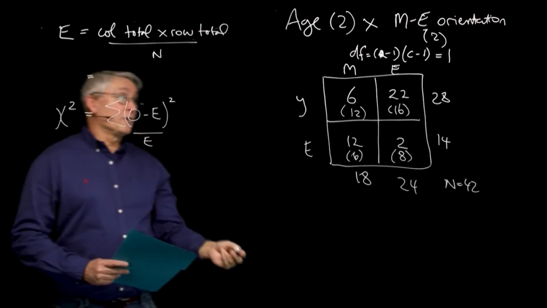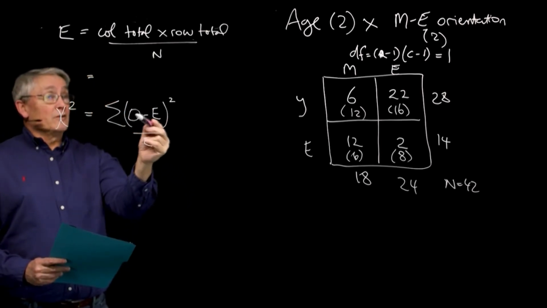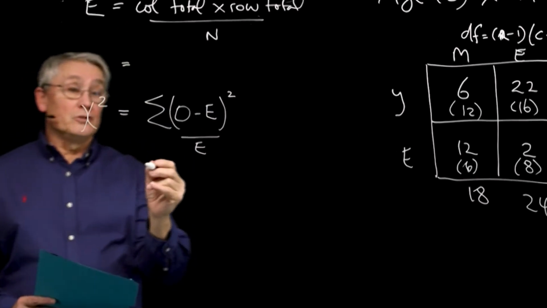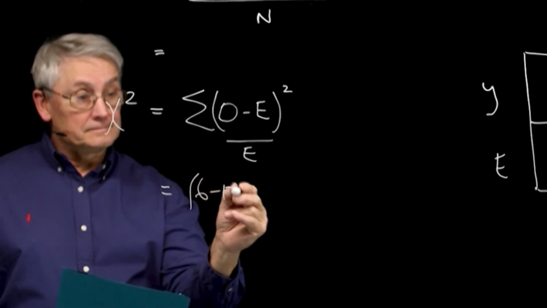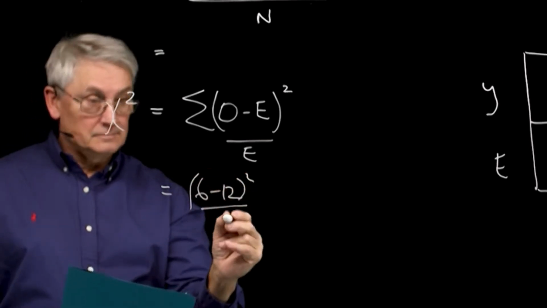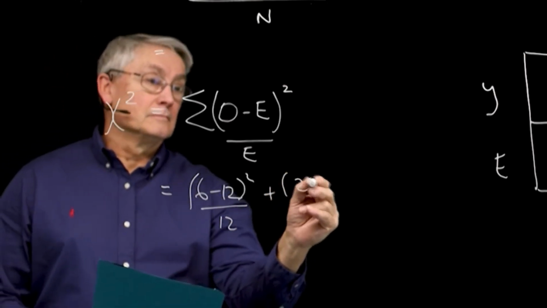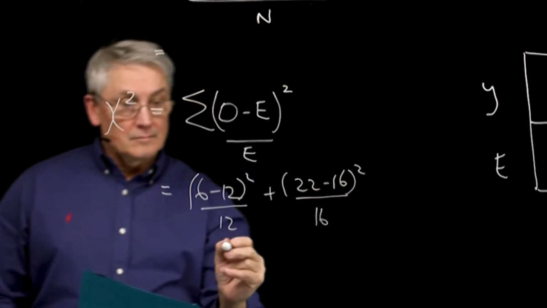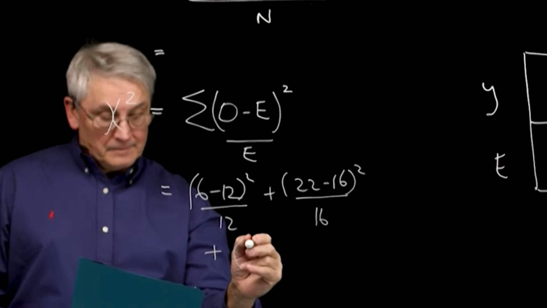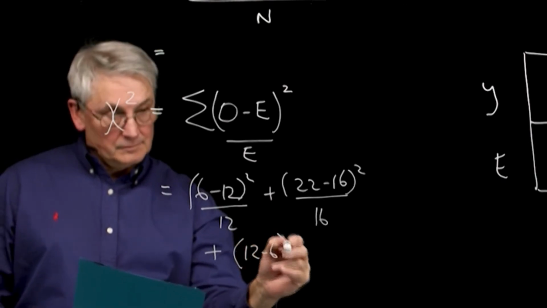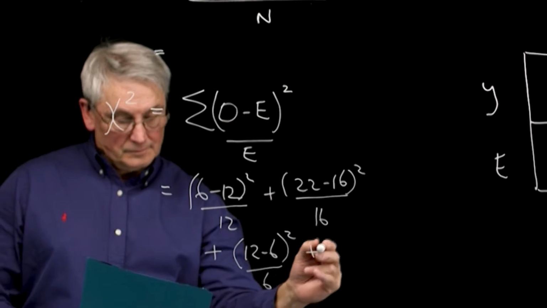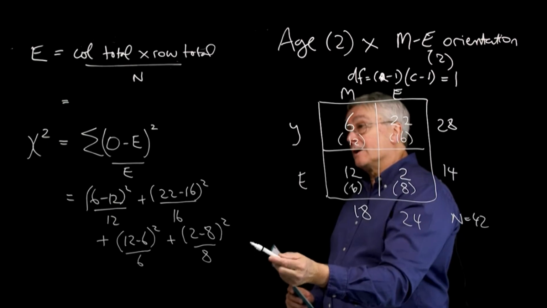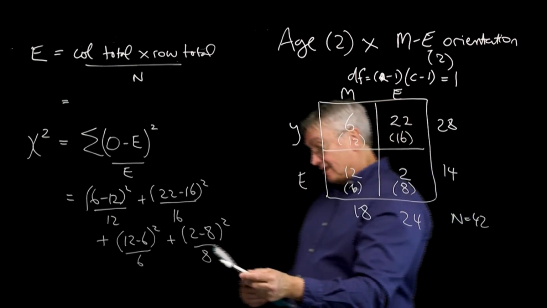All right, so O is our observed frequencies, E is our expected frequency. We find a difference, we square it, divide by the expected frequencies, and sum it across our 4 cells. When we do that, we get this, so this is our calculations for our chi-square. We now calculate that value, and what we'll get is equal to